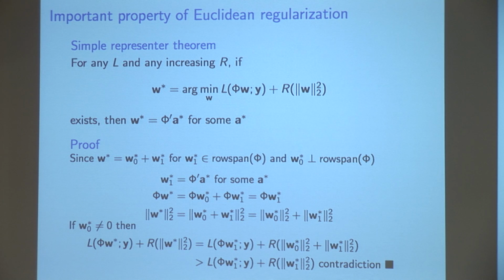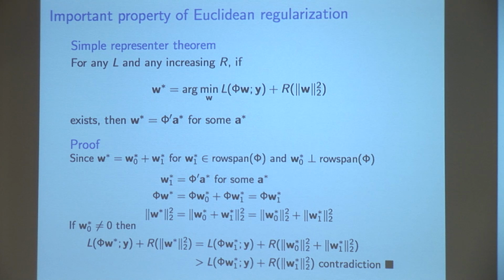Well, the only other thing the orthogonal component could impact is the regularizer, and this is where things get focused. What happens on the regularizer? What was so special about Euclidean? Well, with the Euclidean norm, if I look at the sum of these two things, W0 and W1 are orthogonal. That's what's special about Euclidean, the Pythagorean theorem: the hypotenuse squared is the sum of the two squares, which means it additively decomposes into the sum of these two things.